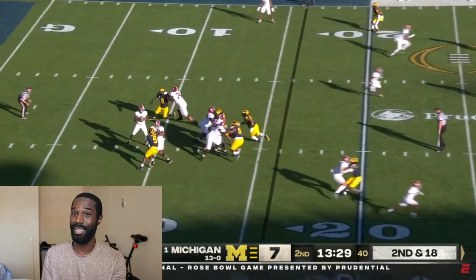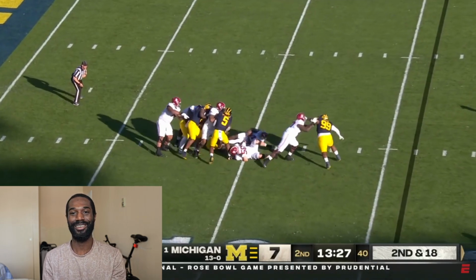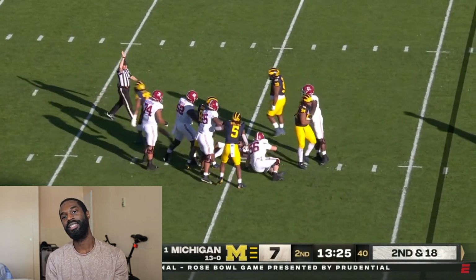And so we're going to go to the next play. We got 2 more, actually, funny enough. So this is kind of painful to watch, probably for Alabama fans, but you got to see what happened, experience what happened to understand what's going on here. This is still the second quarter, 13 minutes and 31 seconds left. The next play, so 2nd and 18, they lost 8 yards on that play. Alabama is once again in